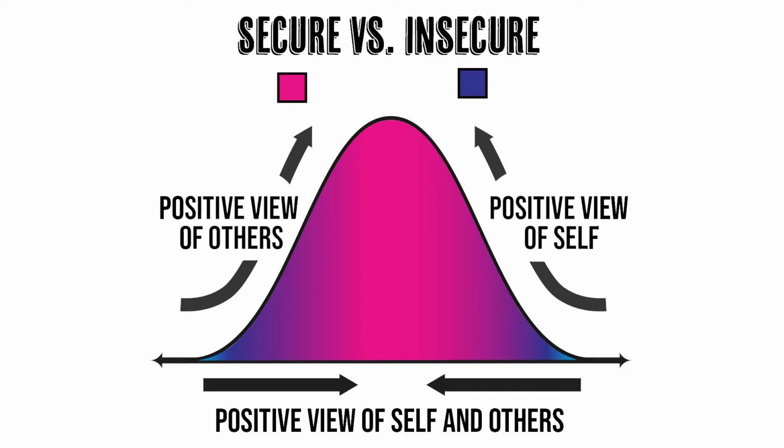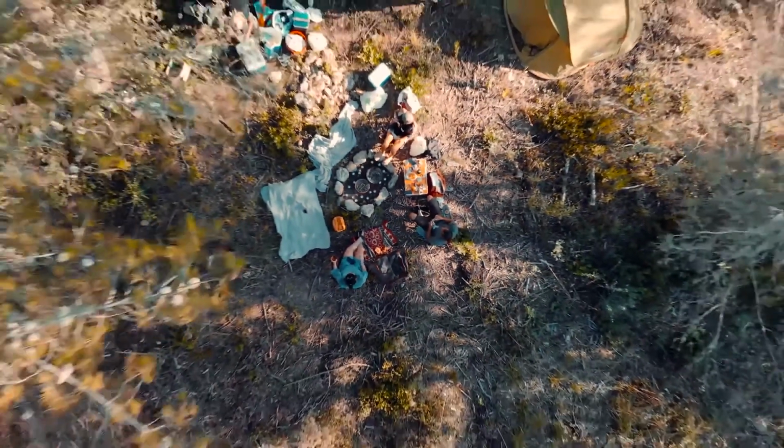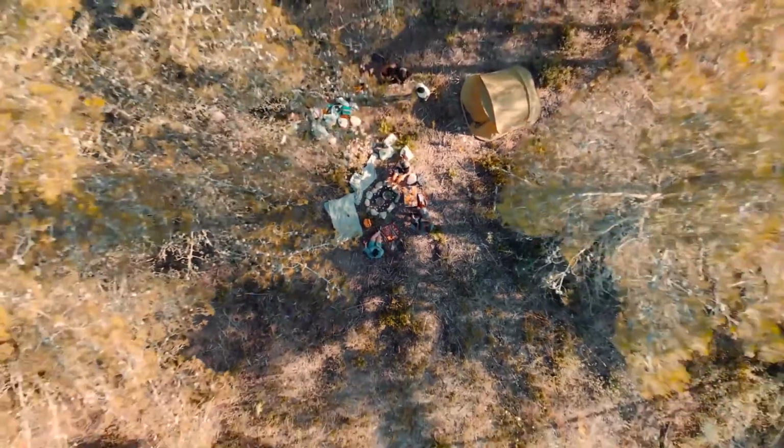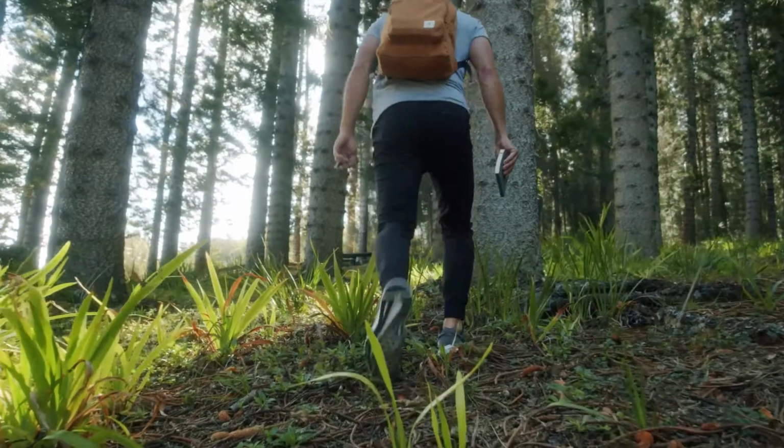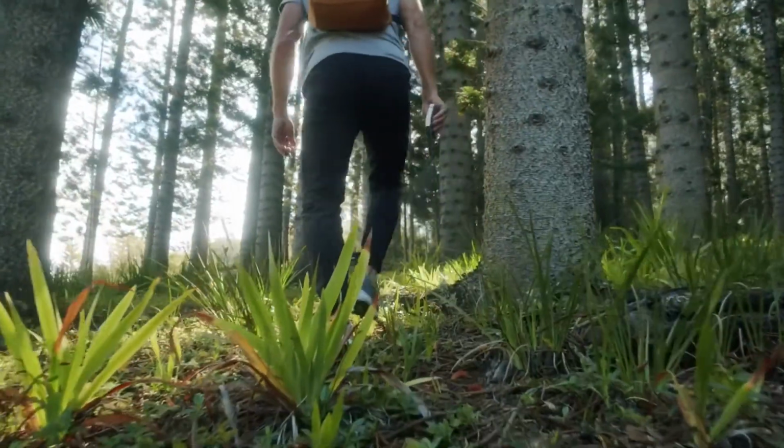Secure attachments are characterized as having both a positive view of themselves and a positive view of others. Now, what do I mean by that? Well, imagine a base camp for explorers. Now, in this camp, there are supplies, food, shelter, equipment, everything necessary to restock, rest, and prepare for leaving to go out on an expedition. Someone with a secure attachment knows that they can get back to the base camp when necessary, and so they're willing to risk an adventure out to explore.